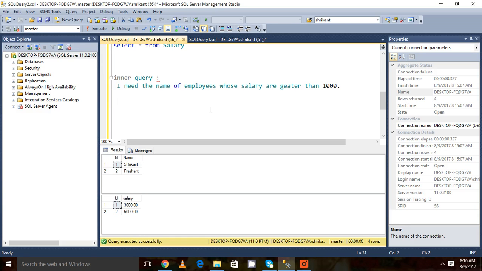So how would I write my inner query, that is, how would I write my subquery first? First of all, the second part: salary is greater than 100,000. So I have the salary table here, salary. There I will check where